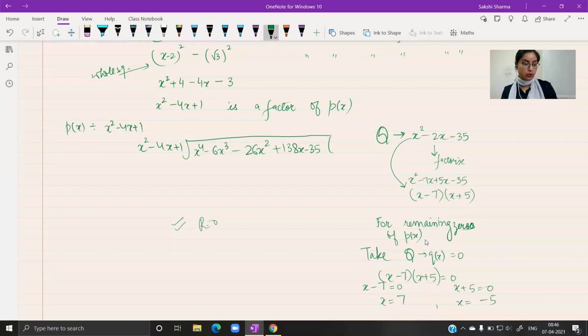Same thing for the last question of the exercise, question number 5. That is, I think, for the students who will be opting for standard maths, not for the ones who will be taking up basic maths. It is a little complicated, so we will not do it right now. But this question gives you an idea of how much variation there will be. The topic is the same as in your exercise 2.3 and the example, so that is for everyone. This one is a little higher in difficulty level, but the concept is the same. So this is for the students who will be taking up standard maths.